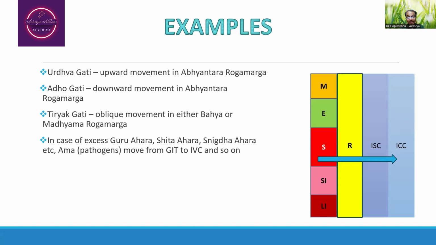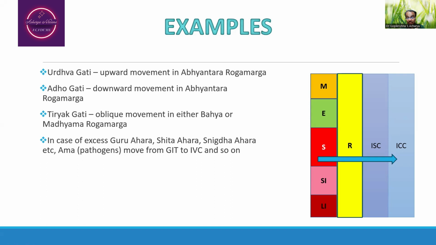When these are produced, they damage the mucosa of the stomach, small intestine or large intestine. When this damage happens, the pathogens present there are going to enter into the capillaries,